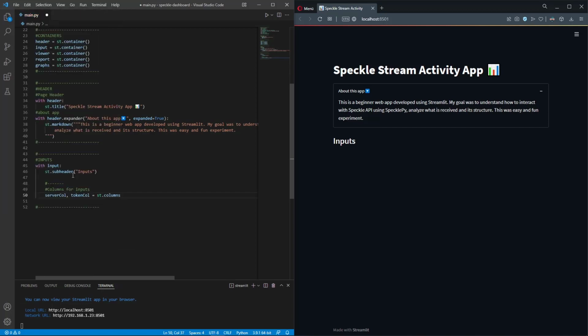So these two will equal st.columns. I'm going to type in st.columns, and I need 2 columns, right? So I'm going to type in st.columns and 2. Now columns are created for those elements as well. Let's add the input boxes to those columns. I'm going to type in user input boxes, right? The first one will store my Speckle server data. I'm going to say Speckle server will equal to,